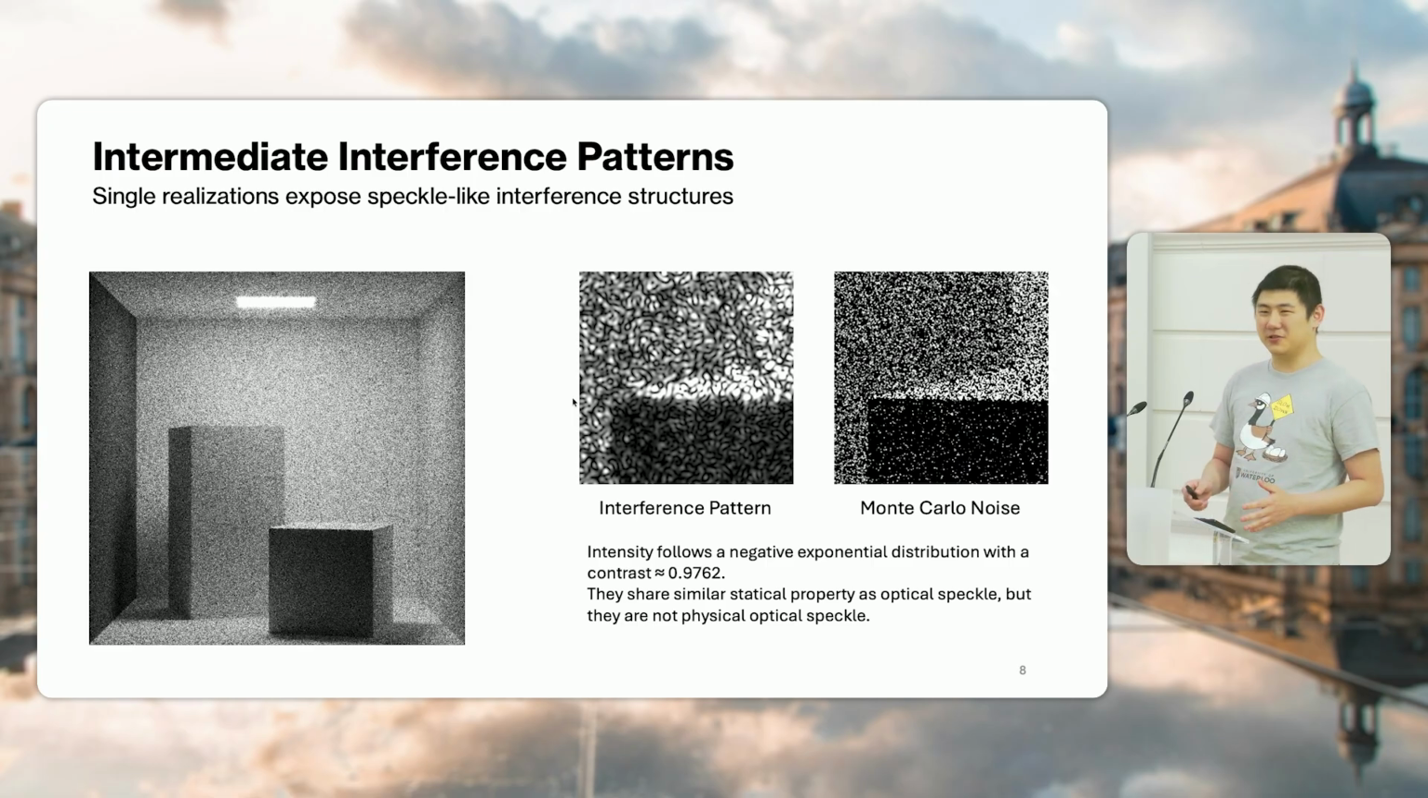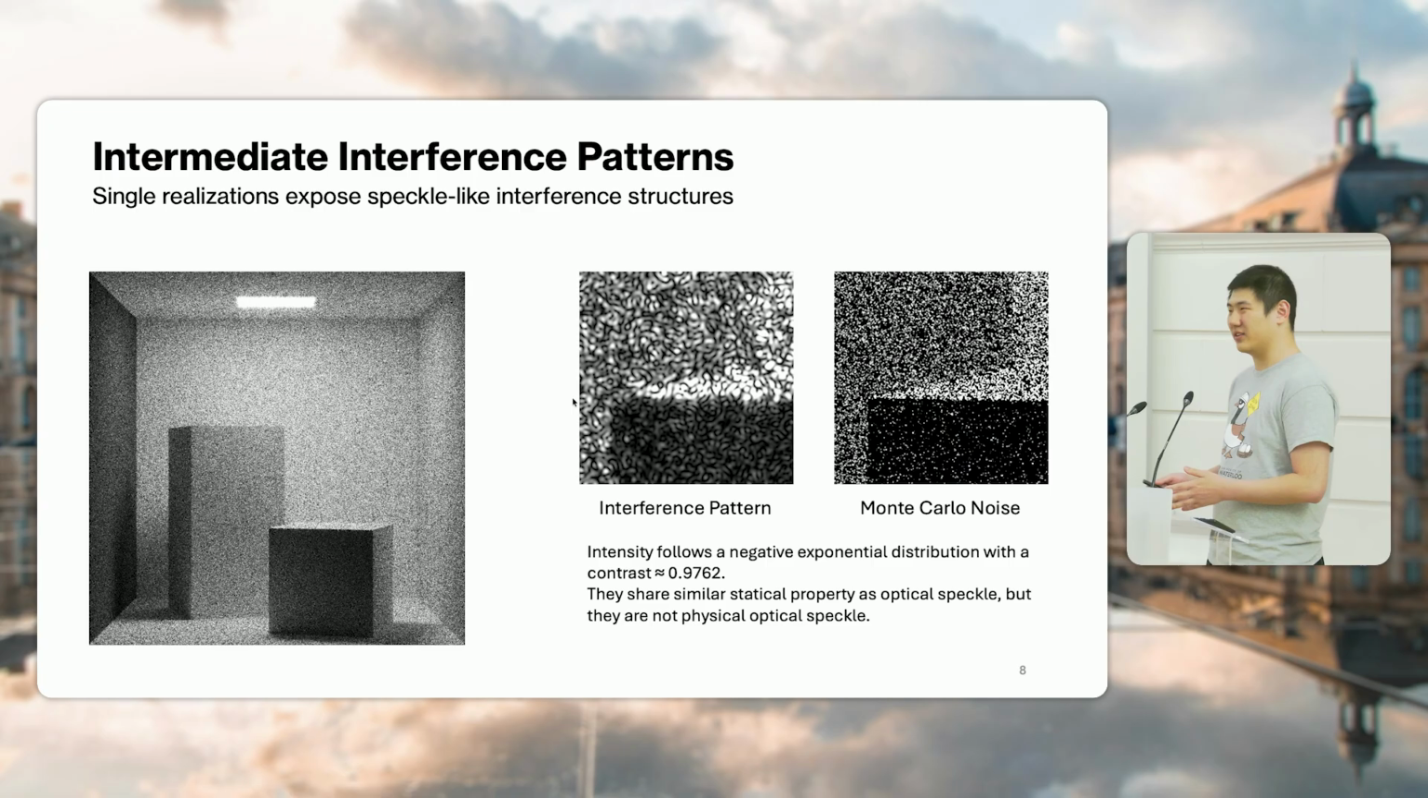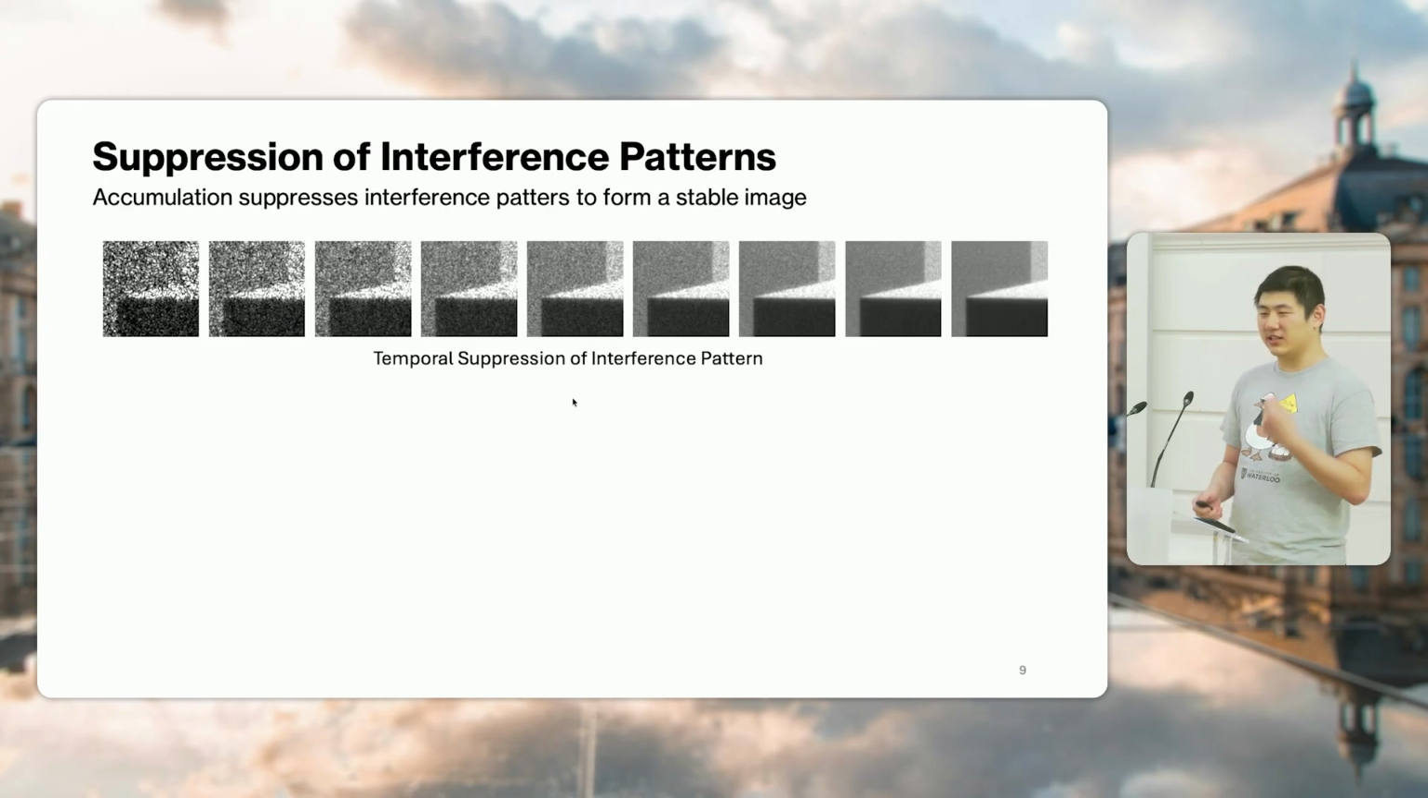But here, I need to be careful about the wording. Even though they share the statistical property, they are not the same thing, because in our model, we are not really modeling a physical, rigorous, incoherent light source. So it's better to call this pattern something like realization-dependent interference structure patterns. And if you want to figure out the meaning behind it, please take a look at our paper. And due to the presentation time constraint, now I will start to introduce how our process can suppress